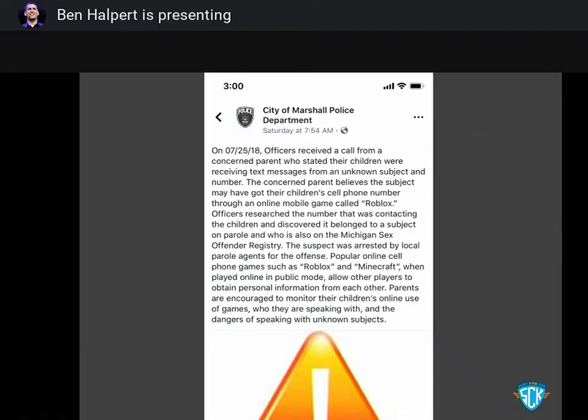So here's an example of a sexual predator going after his type, a young child, in Roblox. It doesn't matter if you think, oh, Roblox is just a game for kids. Yeah, it's a game for kids, and the predators know that. So the predators go there to find their next victim. They start communicating with kids in the games and in the apps, and try to move them off platform to a different type of technology that's less monitored, and try to get them to do things you would never want your kids to do.